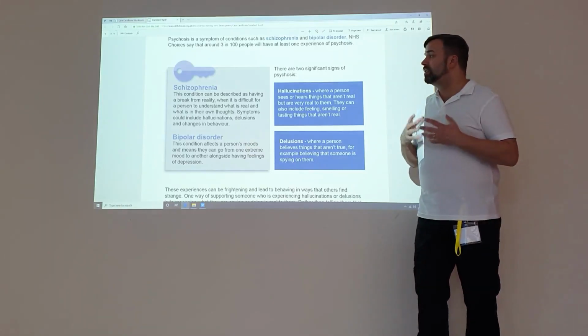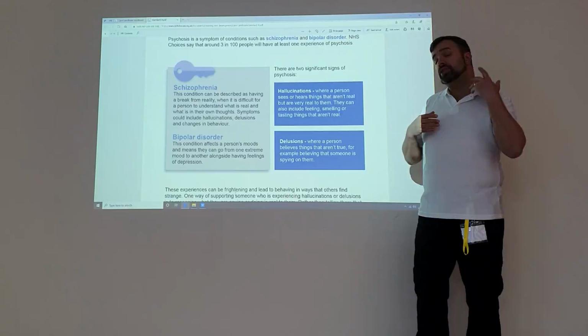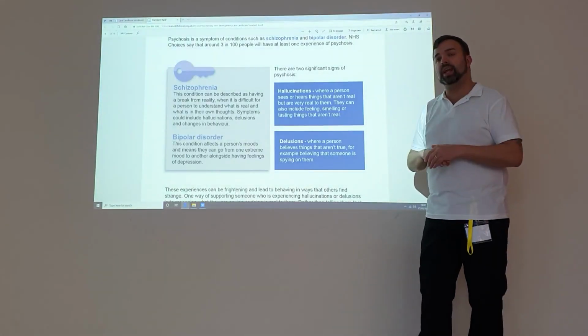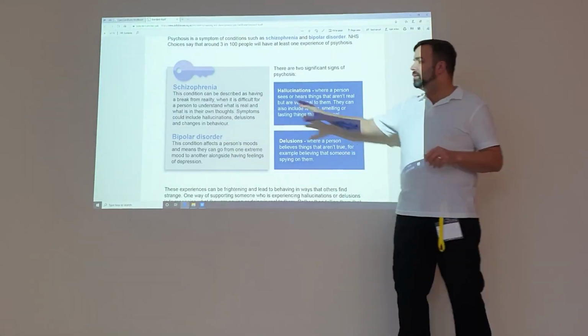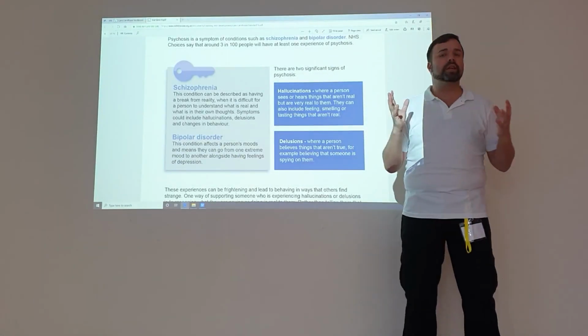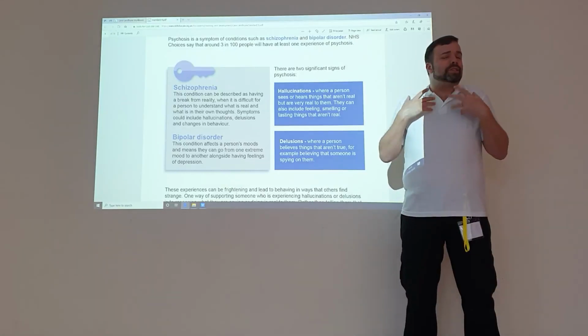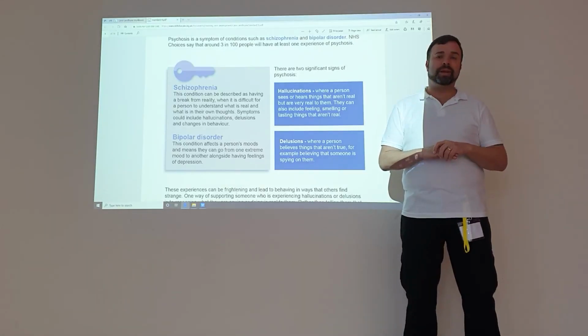Schizophrenia looks at a breakdown of reality, therefore they may start to hallucinate and see things or hear things. Now it's important that we have a real understanding around schizophrenia and we don't start labelling people, because that wouldn't be helpful. But let's just explore our own thoughts for a minute.